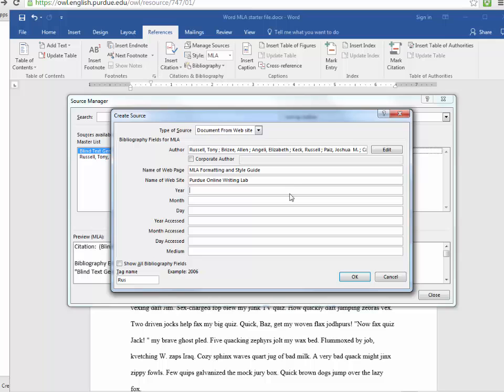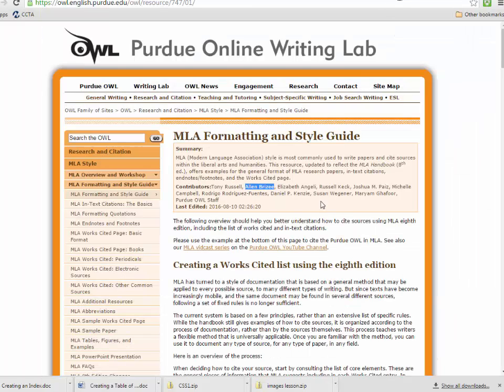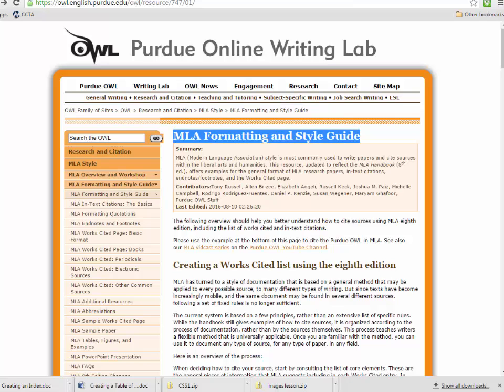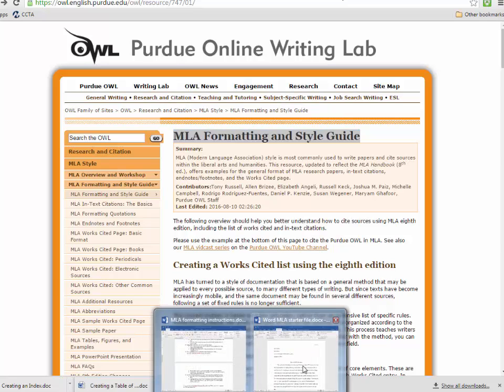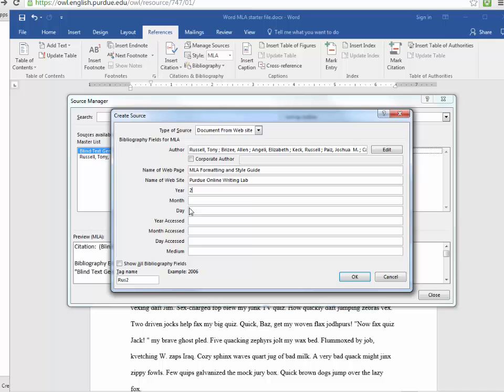Okay, now it wants two sets of dates. The first set of dates it wants is the date that the page was published. So if we go up here and search around, you can't always find it, but in this case we can. It was 8/10, so August 10th, 2016. August